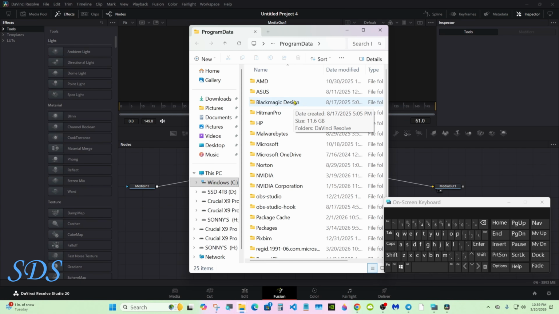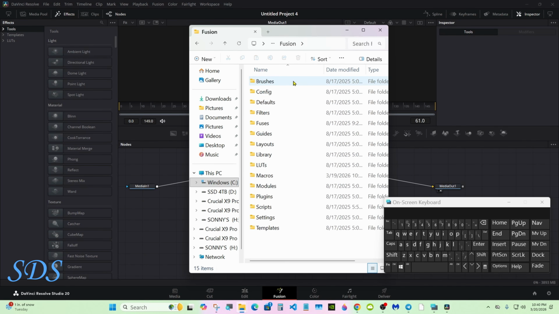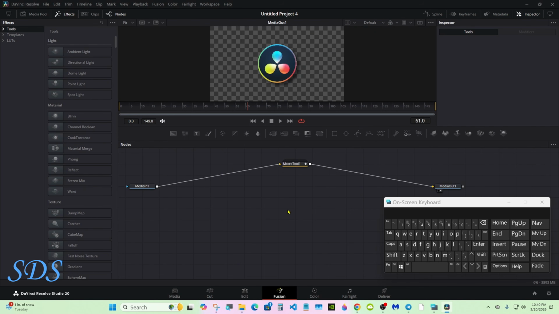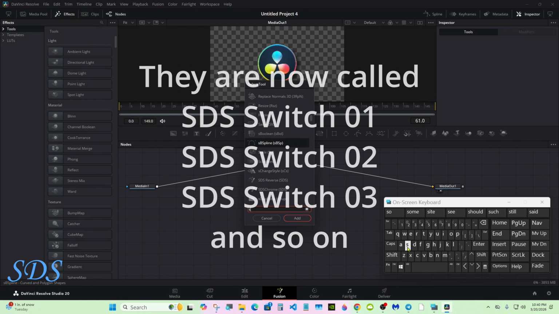And go to Blackmagic Design, DaVinci Resolve, Fusion, down to Macros, and drop the switches setting files right in here. And if you want to delete them, you can do that as well. And then restart Resolve. And then after you do that, search for them as usual, shift space, and type in